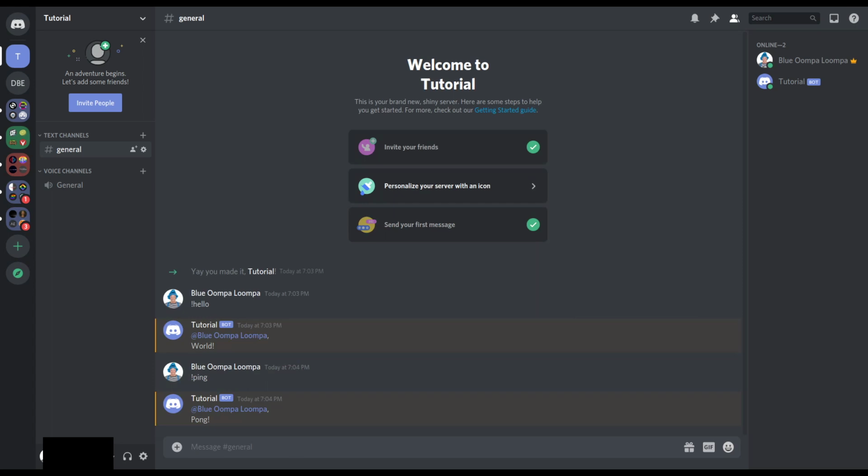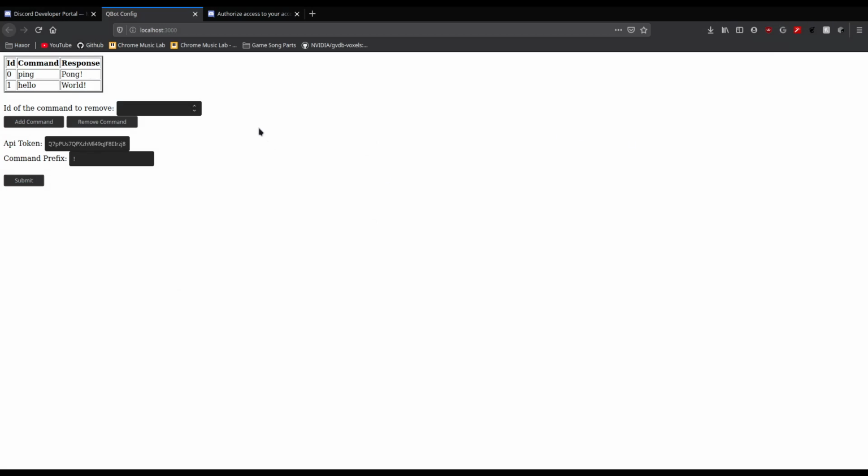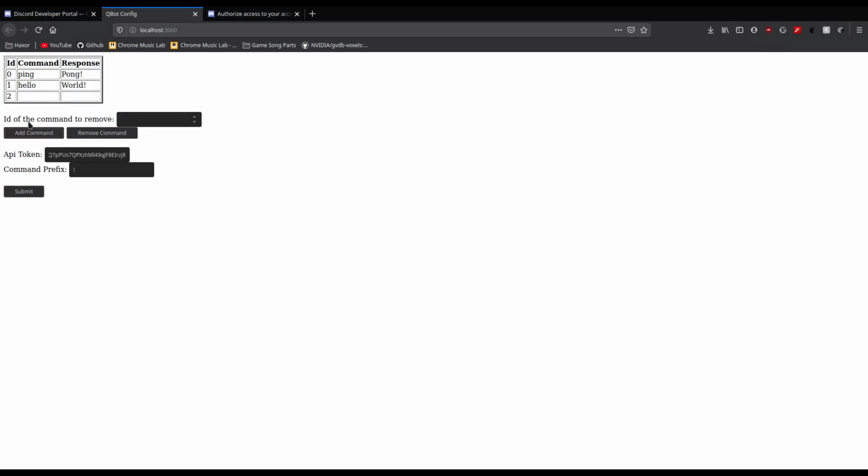Now, here's the fun part. I'm going to show you how to add your own commands and remove your own commands. So let's get my browser open up again, and to add a new command, click the add command button and fill in these two boxes. For the command, we're going to do test, and then we're going to reply with, what are we going to reply with? Let's go with hello and welcome to the